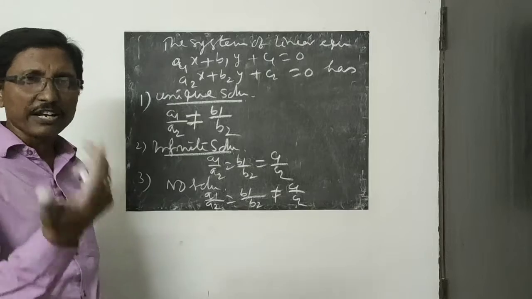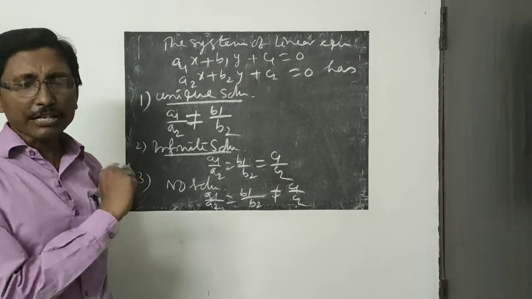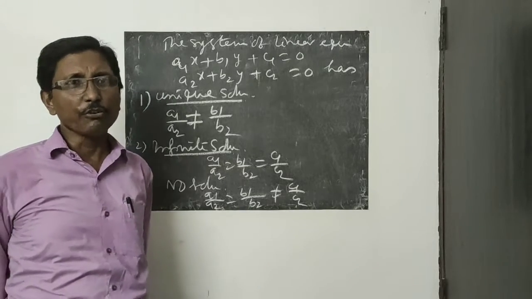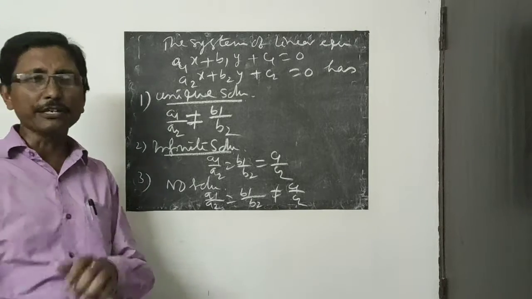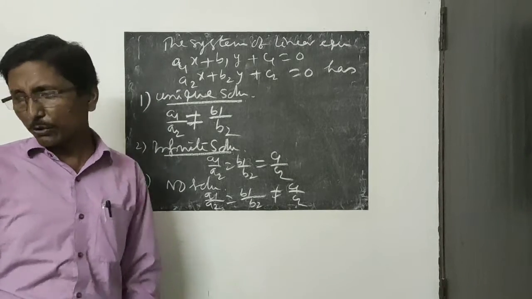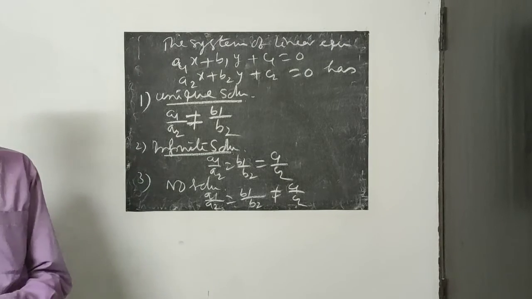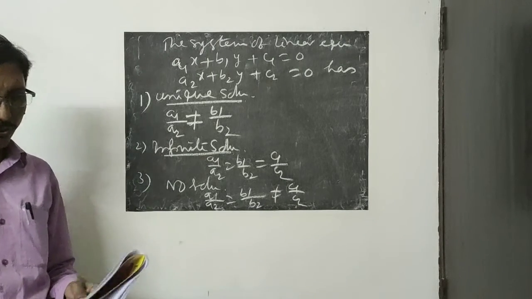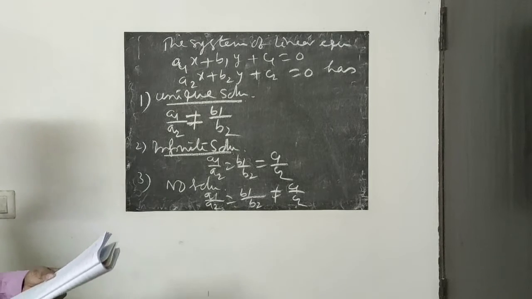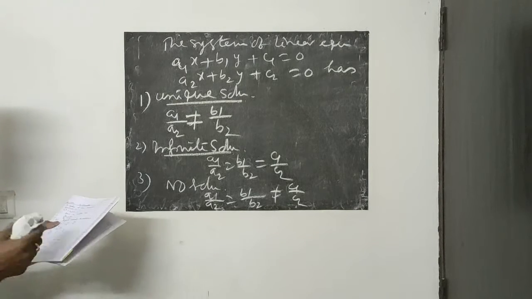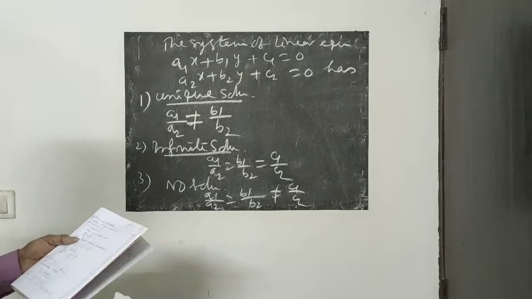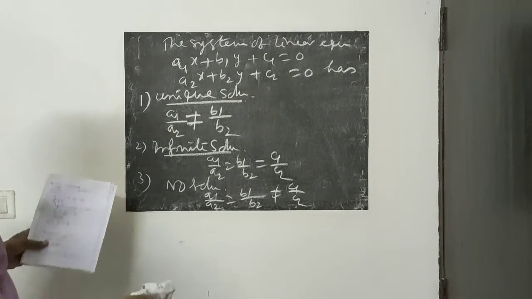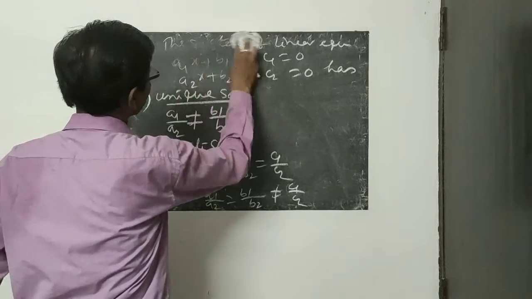Now from given equations we can decide that. But if the given equations have some unknowns, how can you find their values? Suppose we take a question: find the value of k for which the linear equations will have no solution, infinite solutions, or a unique solution. That is one question we would like to take first.